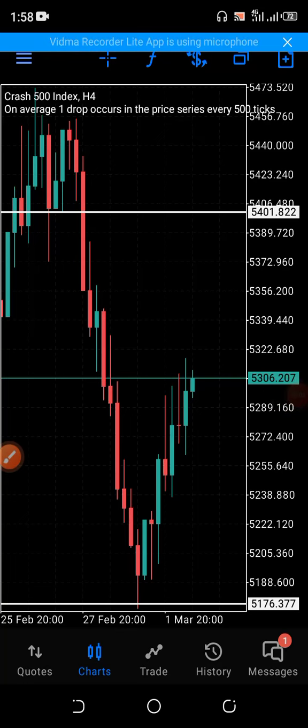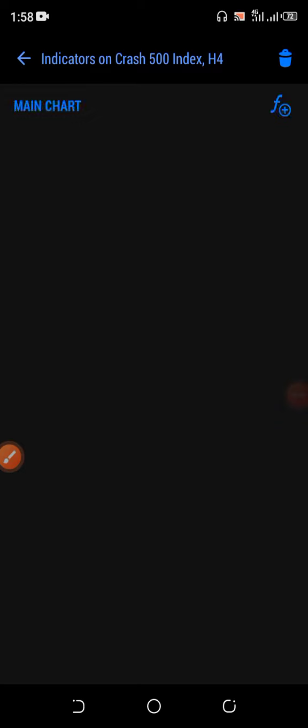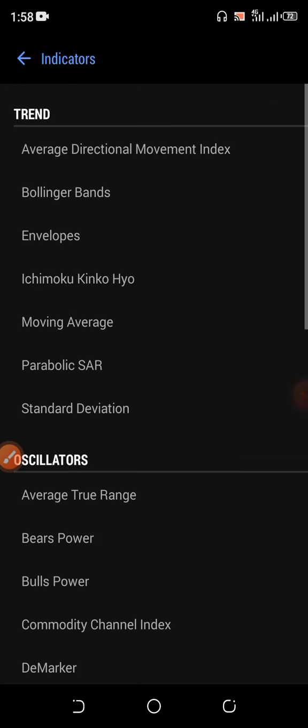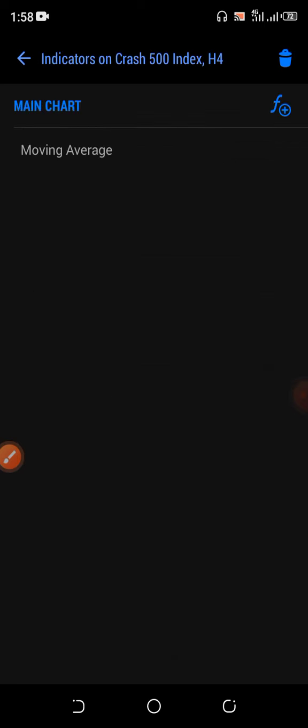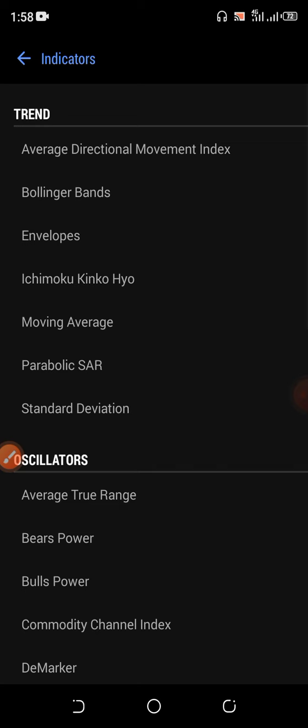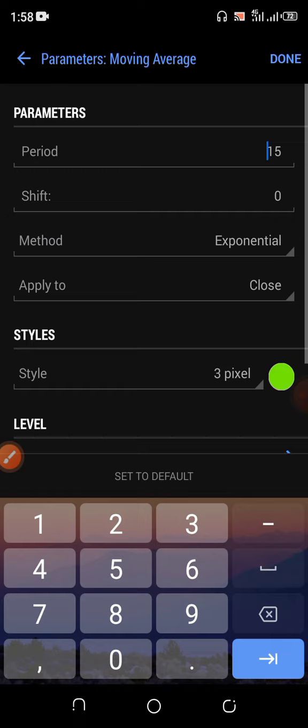Start adding all the indicators immediately. Let's start adding them and let's see what we'll have. We'll be adding moving average 15. We'll be adding moving average. This time we'll be using this moving average